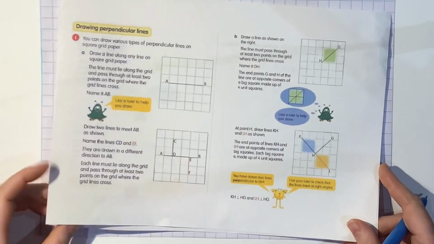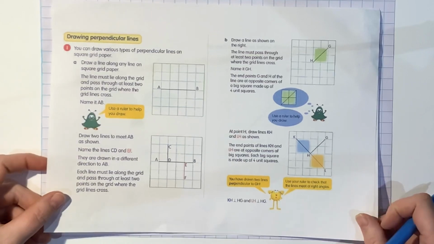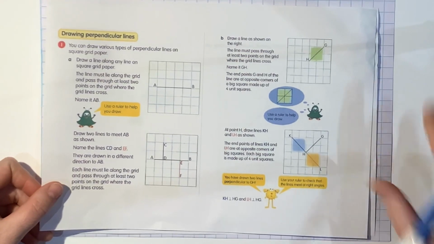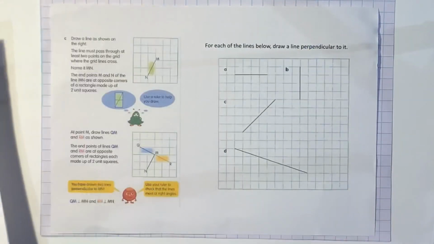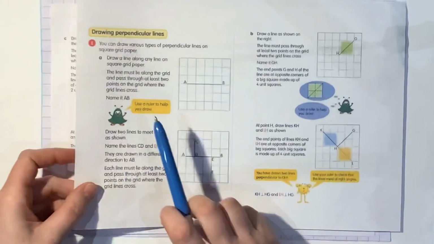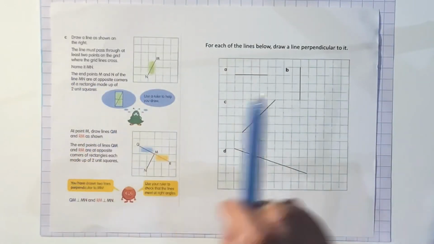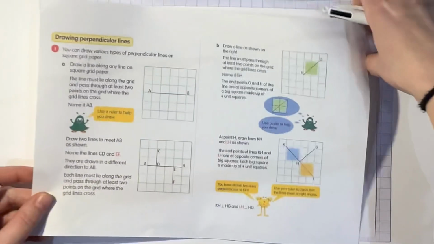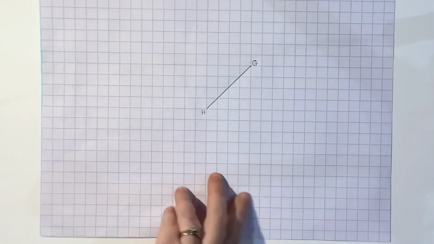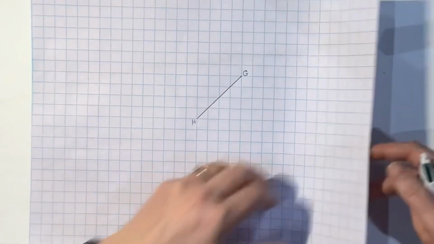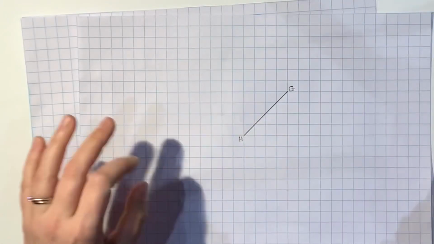This is the next slide on the flip chart. I'm actually going to put that to one side and show you how this works. But if you have got this sheet at home, I'm basically going through 1A, B and C, and then we'll come back and look at that at the end. So drawing perpendicular lines, well, let's start with one that sits on the lines that are already on the piece